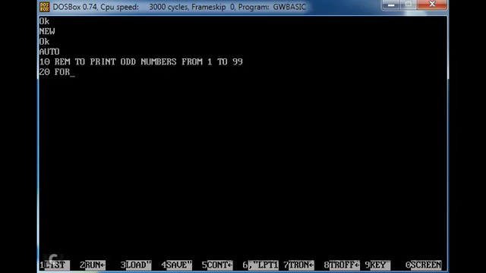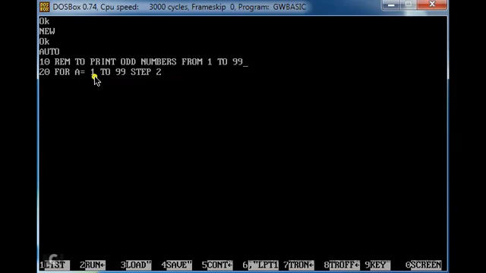Now write FOR A = 1 TO 99 STEP 2. So what is here? This is the FOR syntax. The syntax of FOR is first the line number 20, then FOR, then this is called a variable, in which the data would be stored in memory. Now A = 1 TO 99 STEP.